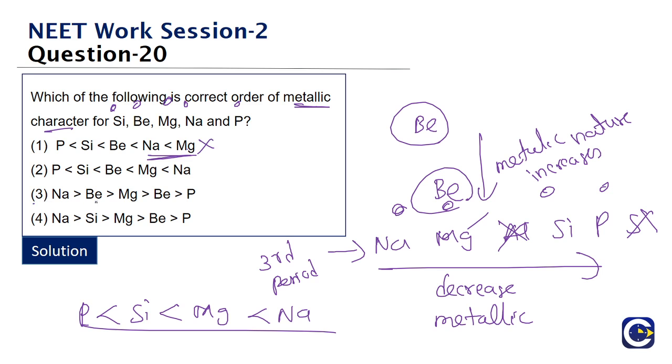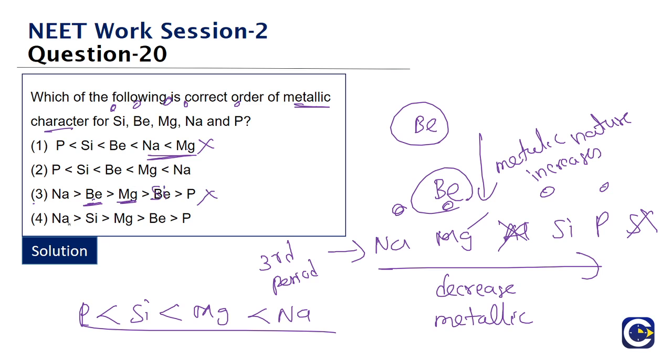3, here what you're saying, beryllium is more metallic than magnesium, okay. In fact, I think there is a typo in this, okay. So here we will not have both beryllium, maybe one of them is silicon, okay. So here what do we see is that the beryllium is having more metallic nature than magnesium. So this is also not correct.